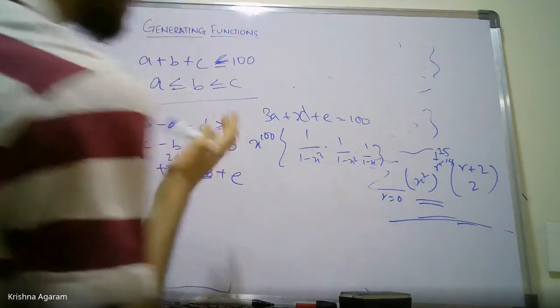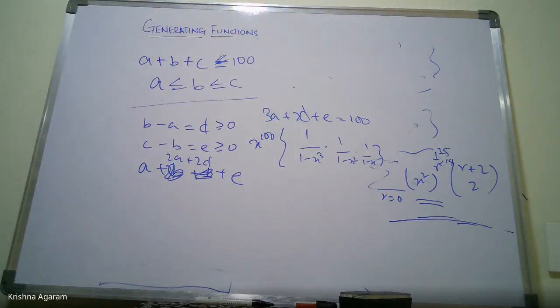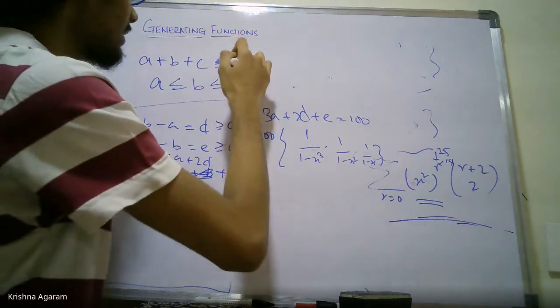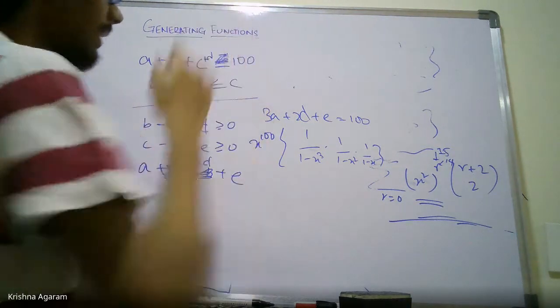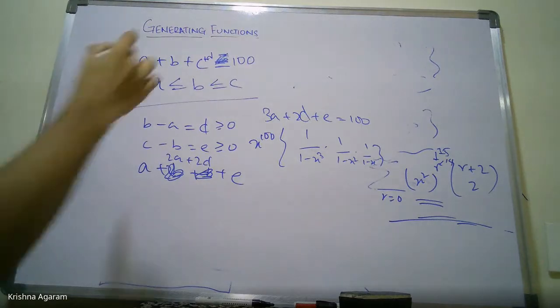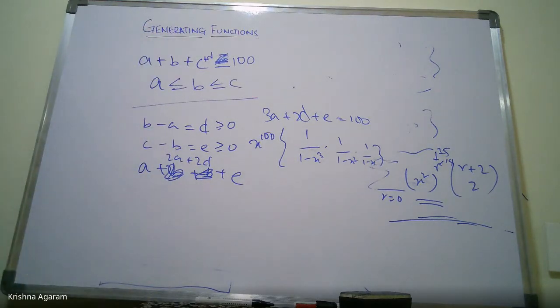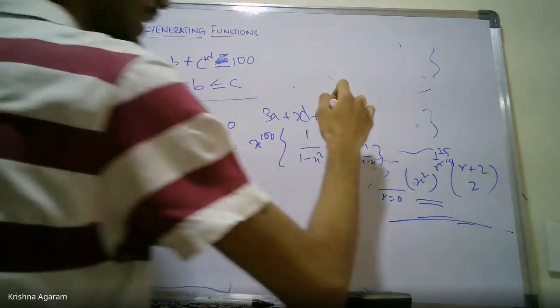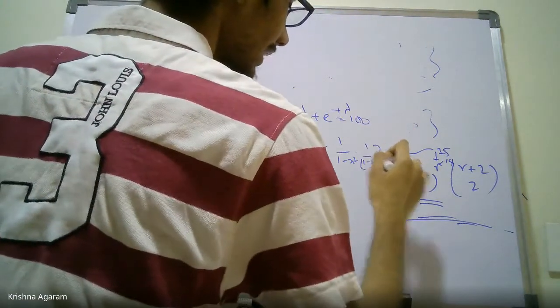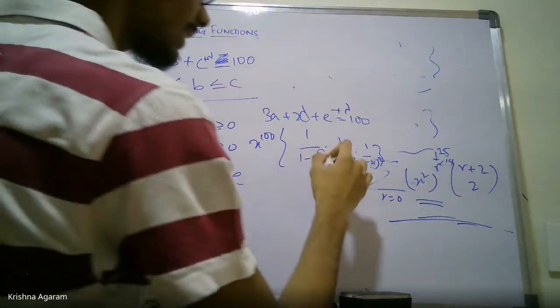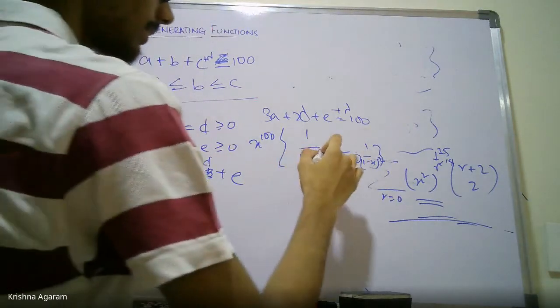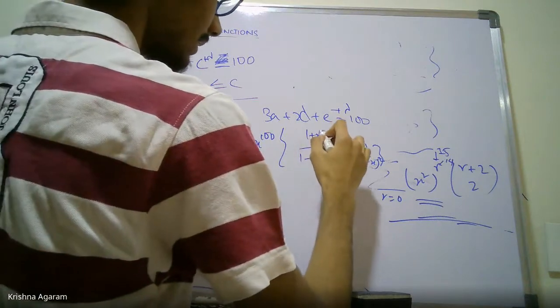Shouldn't it be less than or equal to 100? I think that's the RMO question, but you can do that also. If you want to take less than or equal to 100, then you just add some other lambda and make it equal to 100. So basically a plus b plus c is 100 minus lambda, for lambda some non-negative integer. Then you just have one extra factor here. This will just become a square. There's no difference in the process. Okay. Now you take an LCM kind of thing. This I guess is now reasonable. Make this and then write this.